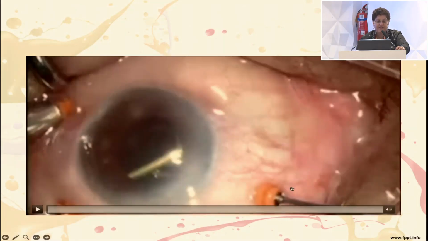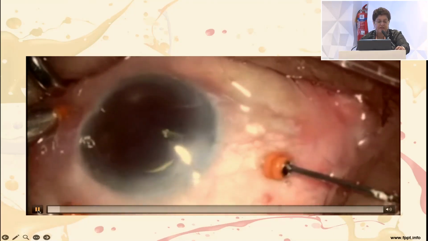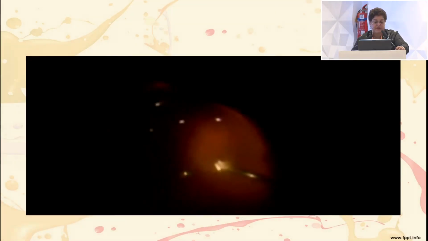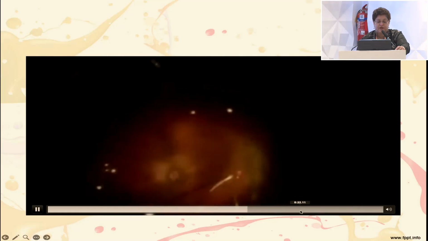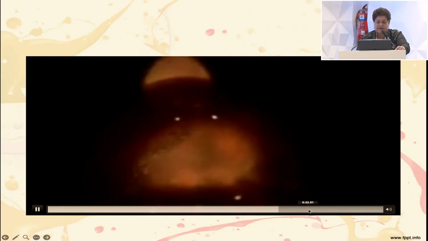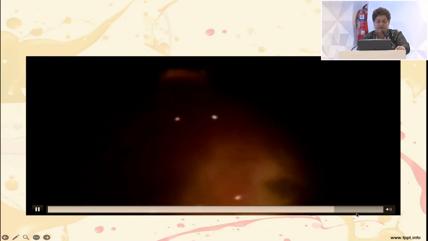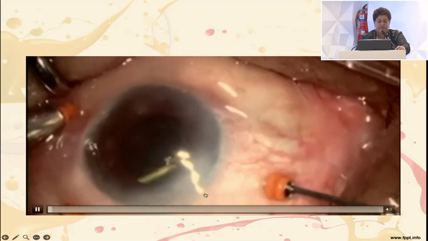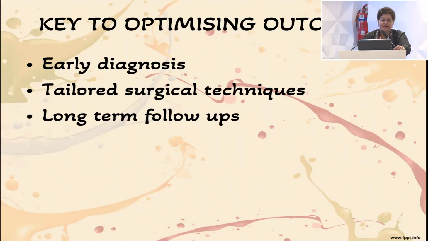A third patient is a patient of trauma. You have to be sure that you have peeled off the entire PVD, all the scarring, and you have to do a patient job even if it takes time. And this is where, after you've cleared the retina, cleared the vitreous hemorrhage, you go ahead and... so the key to optimizing outcomes is early diagnosis, tailored surgical techniques, and long-term follow-up, which are very